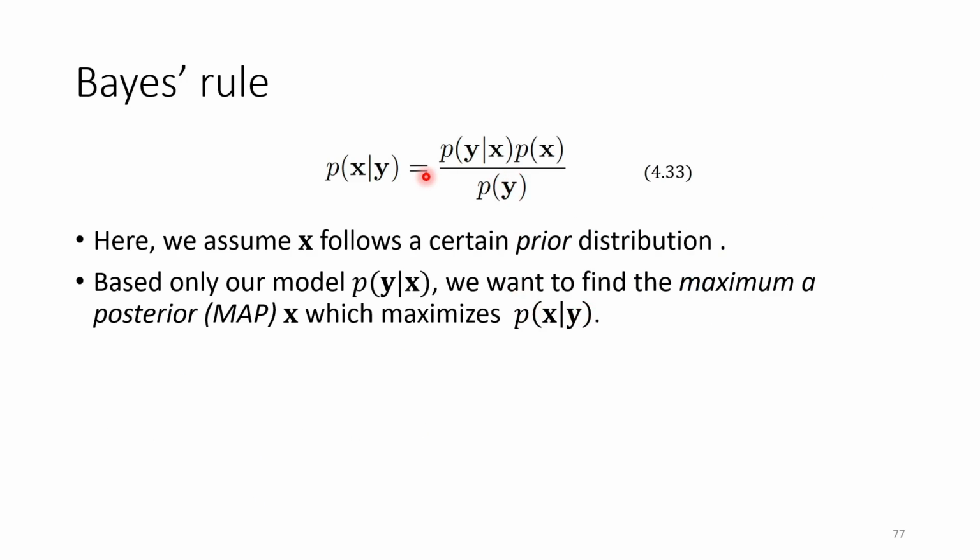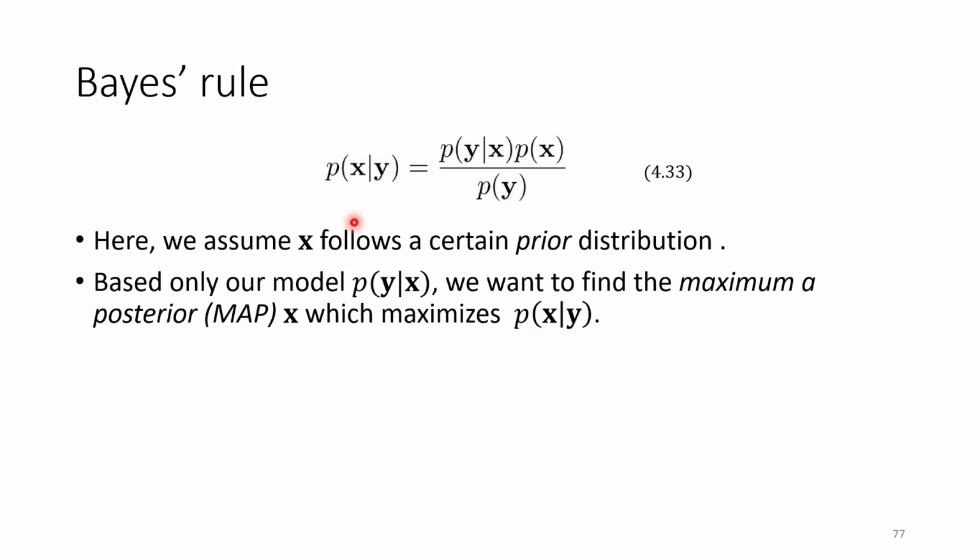Y means our observed value. So if we have a certain probability model, we know the probability of x itself and the conditional probability of y under x. Then we can get the probability of x under y. Given our observation, we want to know its variable x. Okay. So the model itself is, I should say,